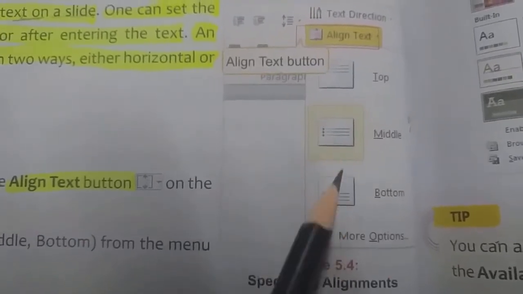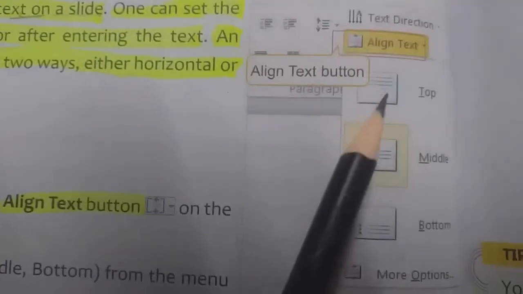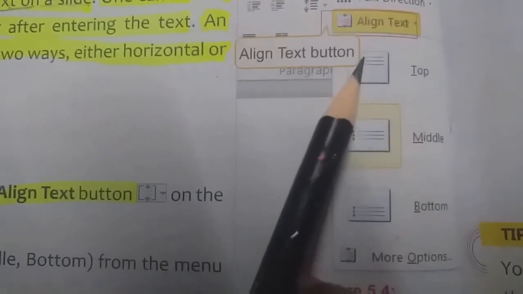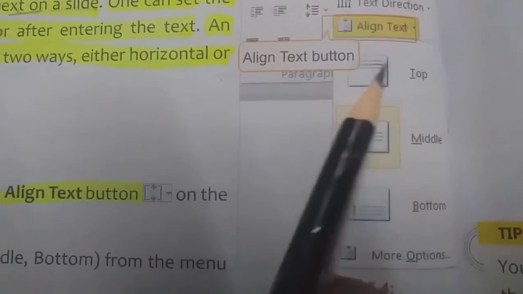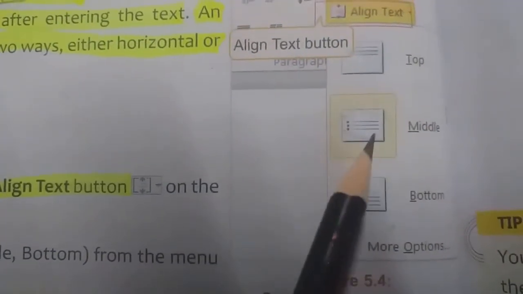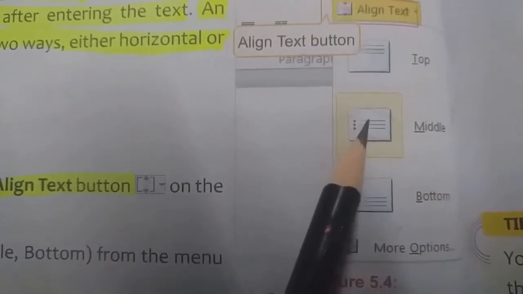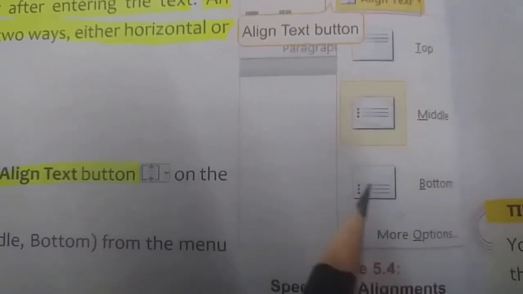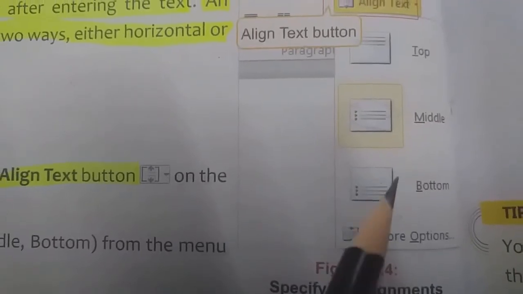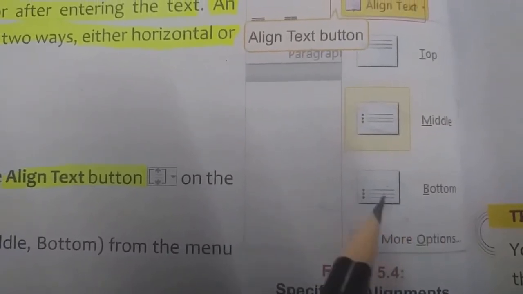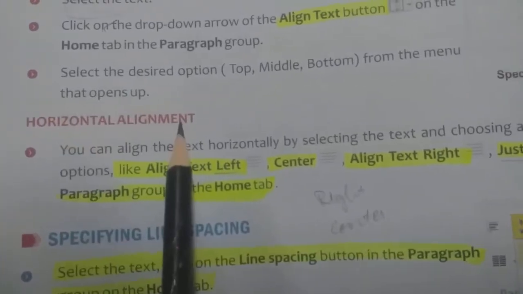Yes, according to our requirement we can choose any. अगर हम top alignment choose करेंगे then our text will be moved to the up side, on the top side, and here you can see our text will be placed on the center, and here if we will choose this bottom option then our text will be moved to the downside.